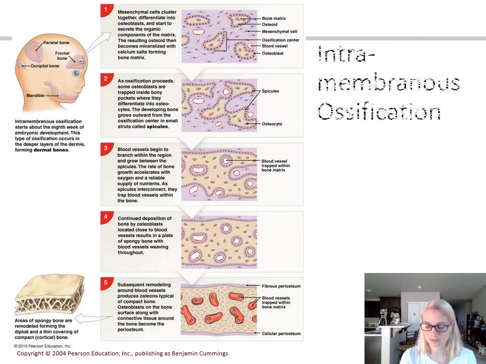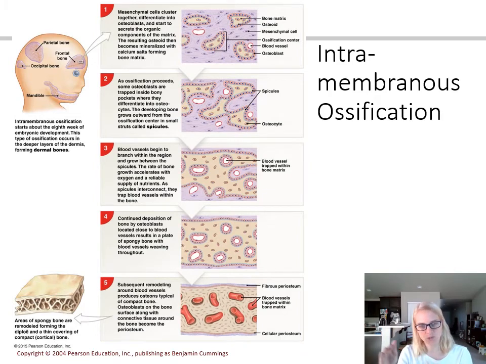So now we're moving on. Intramembranous ossification. This isn't quite as complex in steps. I know it shows 5 steps, but they're pretty continuous with each other. Intramembranous ossification is primarily for flat bones, right? So here's your skull, flat bones of the skull, your mandible, parts of your scapula. These are all formed via intramembranous ossification, where your long bones, like your appendage bones, are formed primarily by